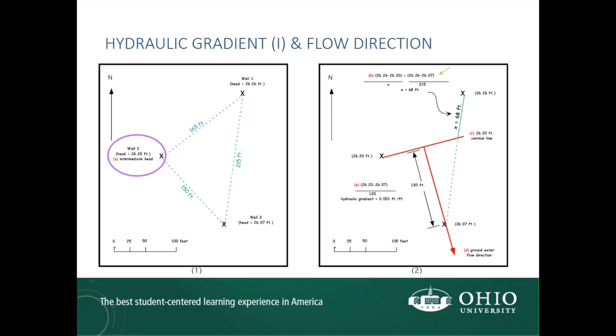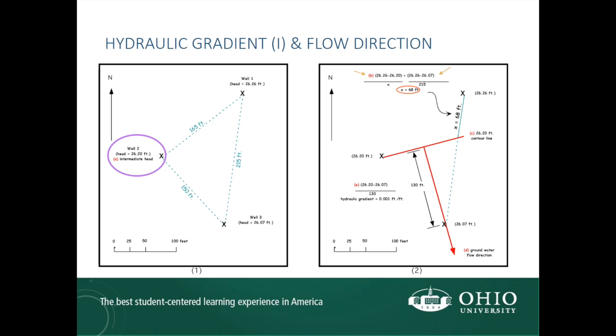We can set this equal to the left side of the equation, which contains the unknown distance in the denominator. In this case, the distance is being measured from well 1, since we are using the head value for well 1 in the numerator. For this side of the equation, the numerator has head values of 26.26 feet minus 26.2 feet for wells 1 and 2. If we solve for x, we find the distance between well 1 and the point with head 26.2 feet is